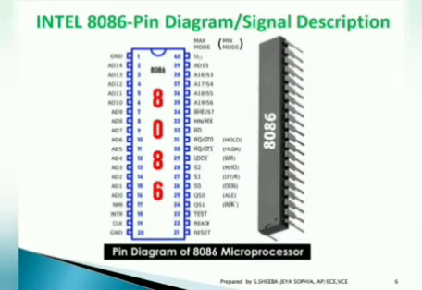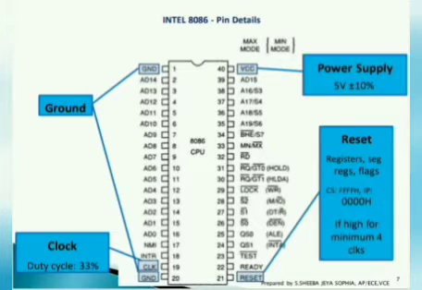8086 is basically a 40 pin dual in-line package, that is, each side consists of 20 pins, a total of 40 pins. You can clearly see the configurations and functionalities of those pins. First pin is the ground pin, GND refers to the ground, and the 40th pin is the VCC pin. The 20th pin is also a ground pin. Moving to the next available pins,